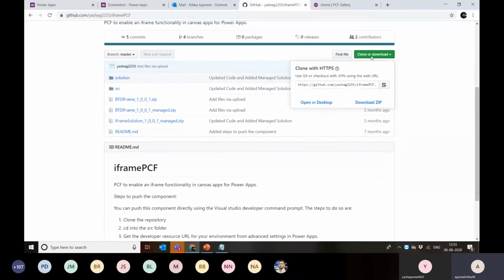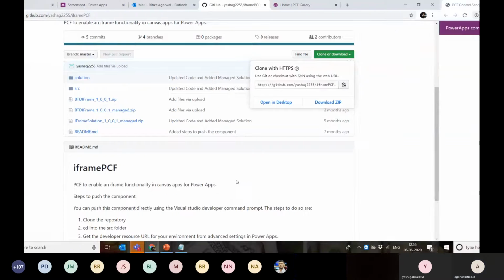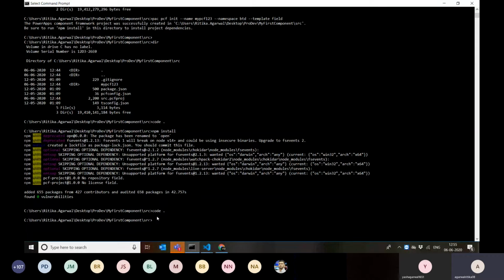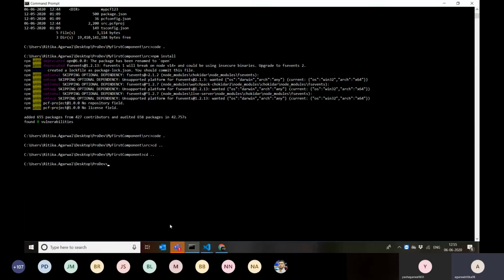So let's see this. I am going to clone his repository. Let's go back here, and this is how you can use the component, and if you want you can edit that and move forward with it. So let's do this. I'm going to move this out. Let's make this folder, mkdir GitHub, and then I'm going to move to that. Now I'll clone this repository.